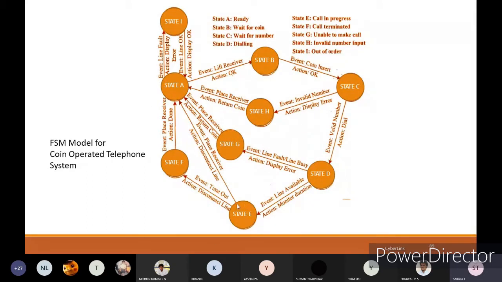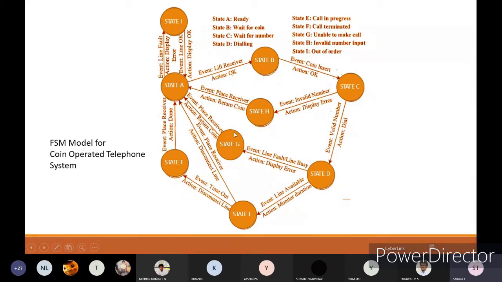And one more thing is, before the timeout also you can cut the call. Within 10 seconds, if you have finished whatever you wanted to talk, then you will place your receiver. You simply won't wait for the timeout function. So within the 60 seconds, if you are cutting the call, then you will place the receiver back and disconnect the line. It will go to the ready state once again.